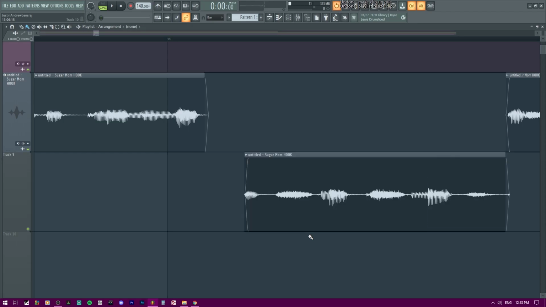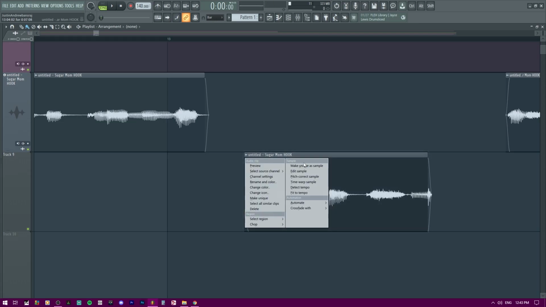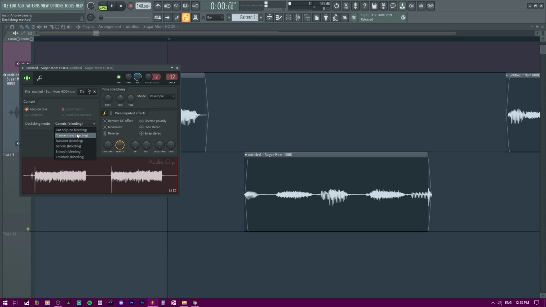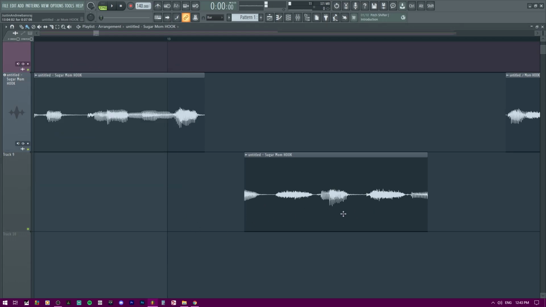Oh shit, where'd it go? Yeah. Rather than what we have here, which is the original one, if we do make unique as sample, it's going to keep this clip range, but it's going to turn off the declick. So it's going to be back to this, which is what we've seen just now. And that is a hindrance because we're going to have to trim a little more and we're going to have to put back that declicking on.